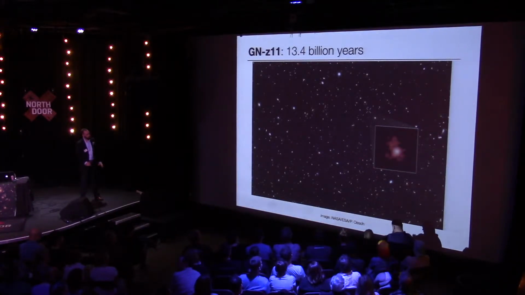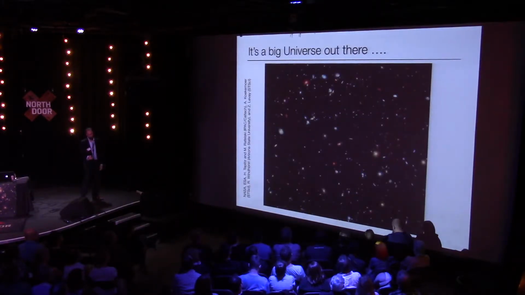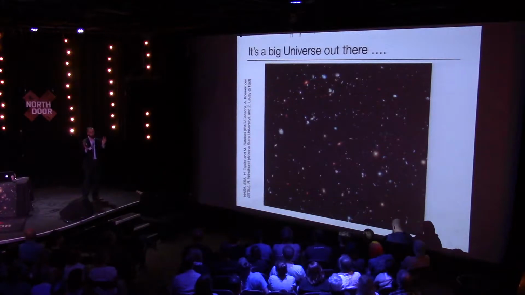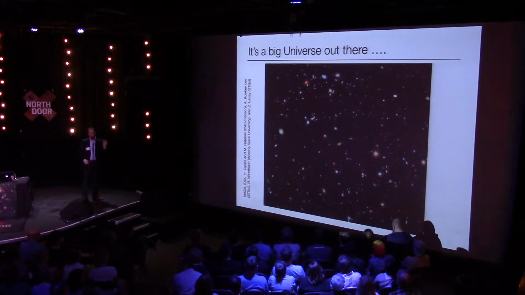It's not a real looker, but it's very interesting to study, okay? So how do we find these things? Well, we look at very, very deep images, and by deep images, I mean the Hubble Space Telescope stares at one patch of the sky for an extremely long period of time, and then extremely smart people go in and they find some little smudges here. You study those smudges, and you figure out, in a way that I'll talk about later, that that has to be a galaxy at very early times in the universe, okay?